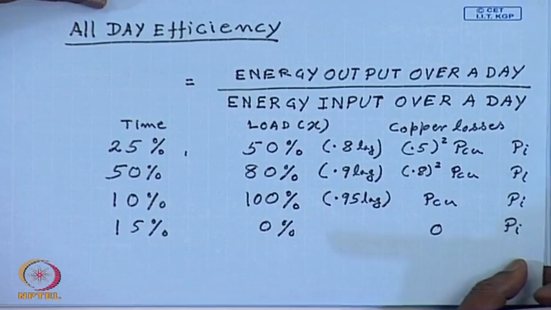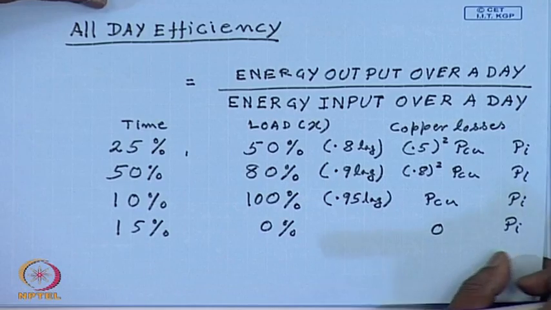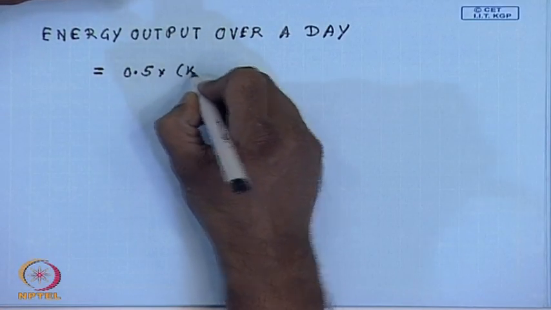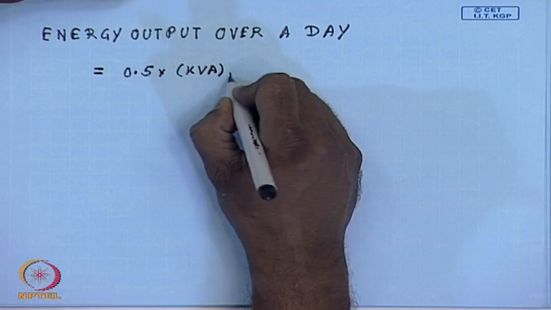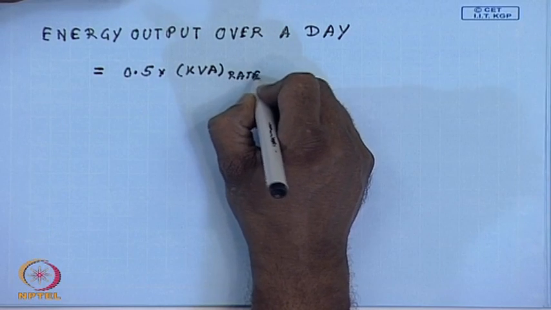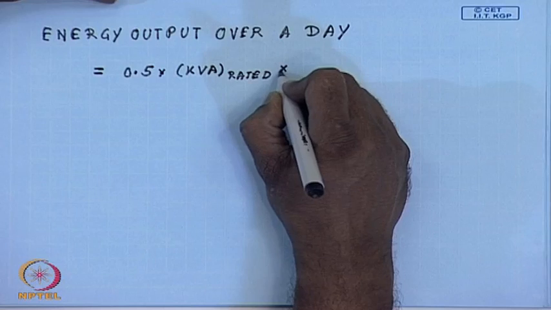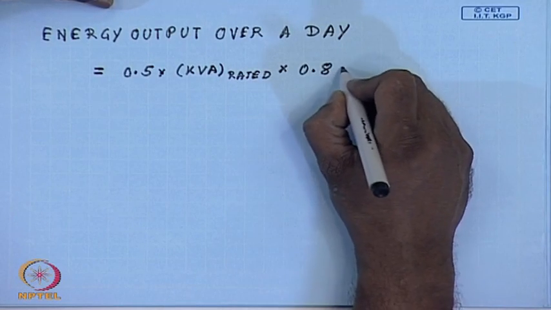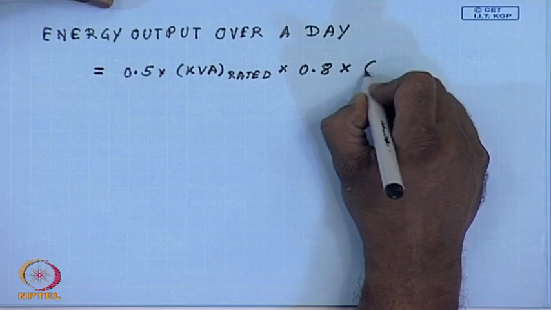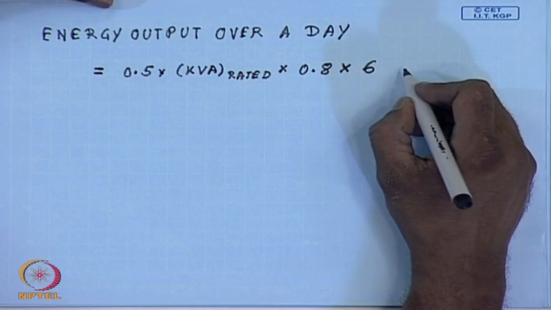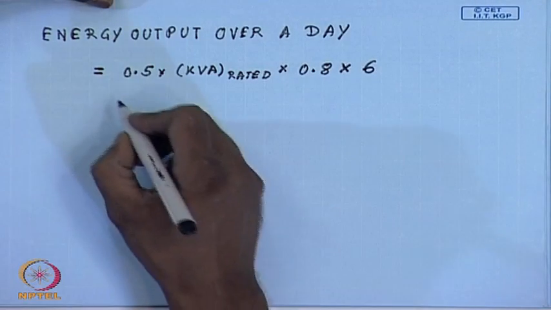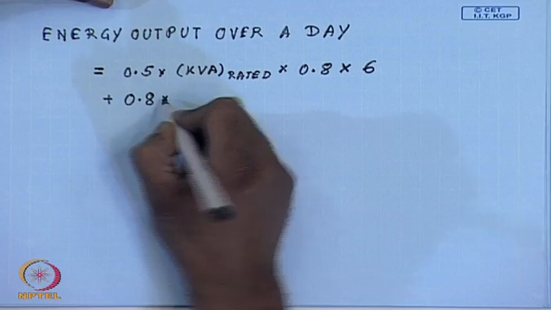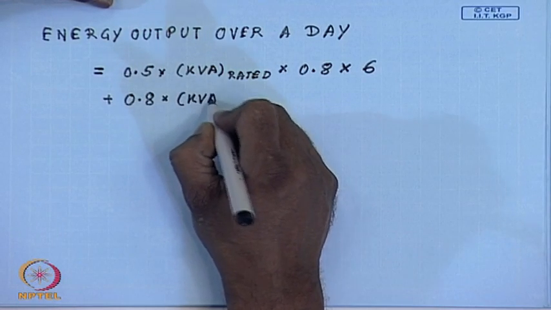For 6 hours it remains loaded at 50%. So, 0.5 into KVA rated into power factor 0.8 into 6 hours, so many kilowatt hour at 25% of the loading, plus 85% of the loading into KVA rated